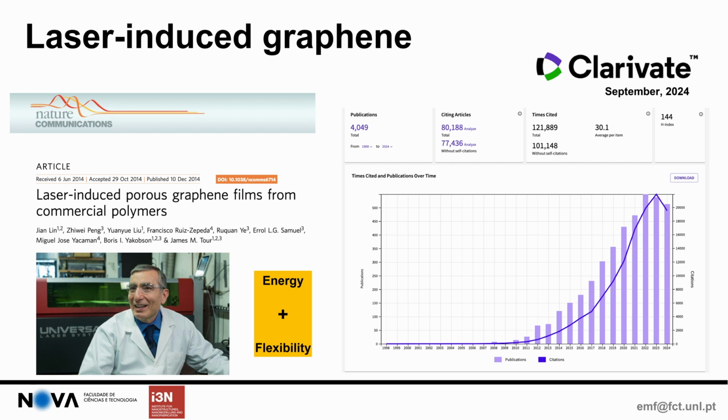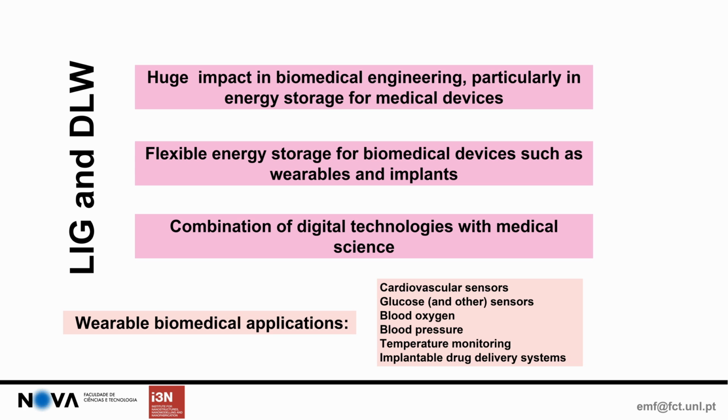So this was invented in 2014 by Professor James Tour at Rice University, and as you can see on the right, after that discovery the number of papers related to this new technology started to appear. This laser-induced technology, or direct laser writing, is quite important because it is not only able to produce graphene; you can also use these laser technologies for developing and synthesizing other materials. It has a huge impact on biomedical engineering, and also on flexible energy storage, mainly